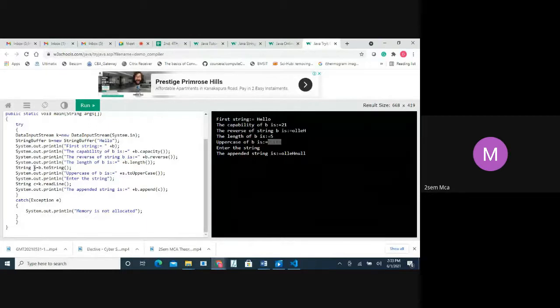Got it? Yes, ma'am. Yes, that's the work. Anybody else? The appending of a string? We are appending it to B, ma'am. If we want to change it, we have to convert again. If we want to print hello null here, then we have to reverse the string again. Then call reverse one more time. Then we will reverse the string and append with that.